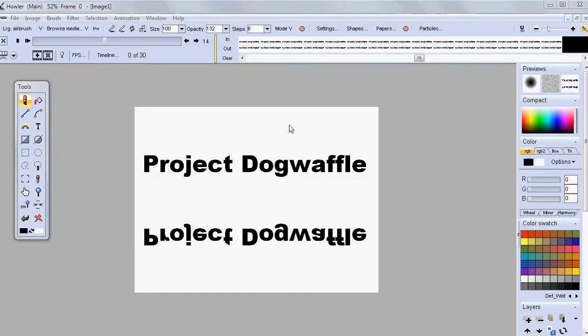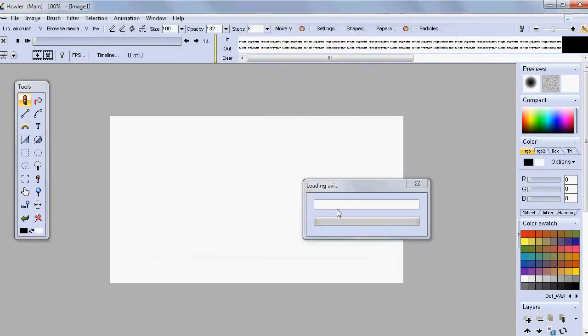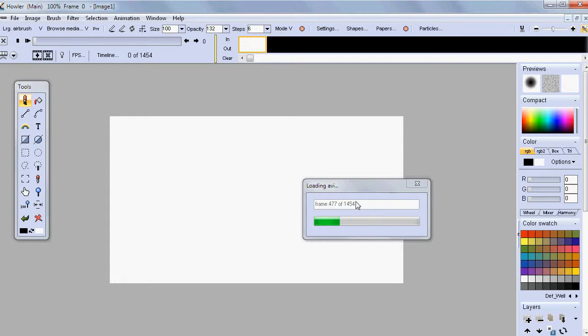Now here's another example with some real-world video. Let's go and load an AVI. This one's a 640 by 360, and it's pretty large. It's 958 megabytes. I have another one here that probably won't fit. Well, it's actually compressed, so it's going to be a slightly different story once it gets decompressed. But this one here at 640 by 360, it's about 1400 frames, and what I'm going to do is just load that in, and we'll see, yeah, 1454 frames,